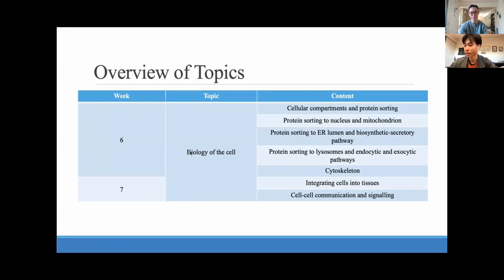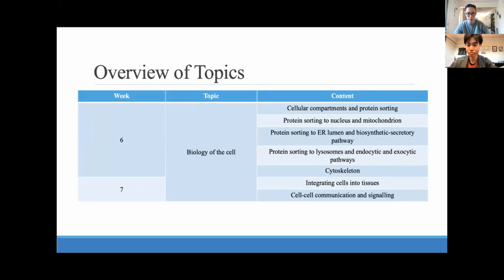A really good way to study for this block or this kind of topic is you'll learn some different pathways or mechanisms of how proteins are moved or how things are shuffled. And a really good way of learning this, or what they commonly test, is mutations. So what happens if this part changes, or this process changes? What would happen to the whole mechanism? Like what would happen to endocytosis if the vesicles didn't form?